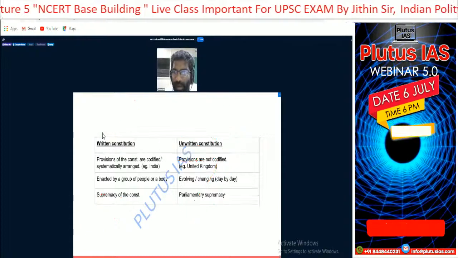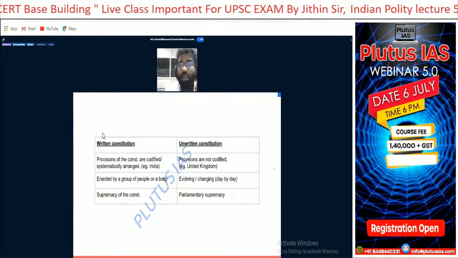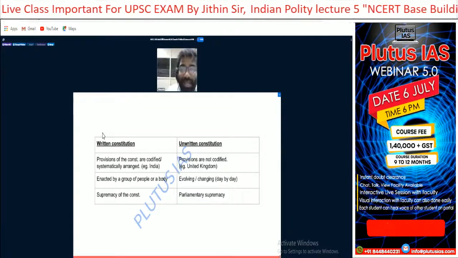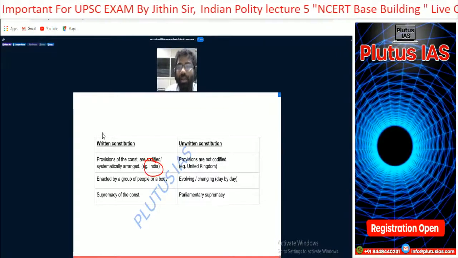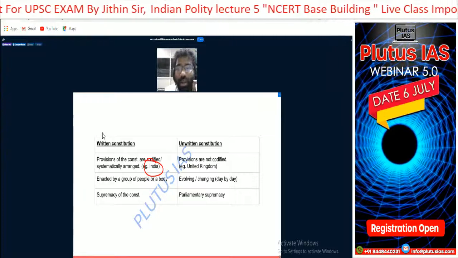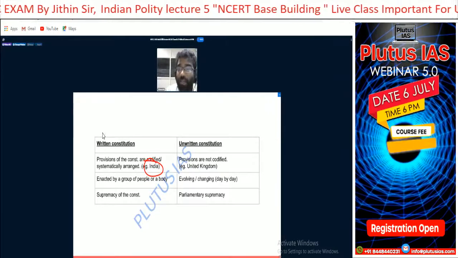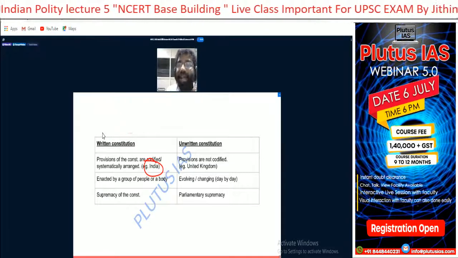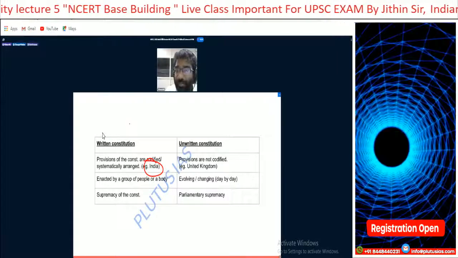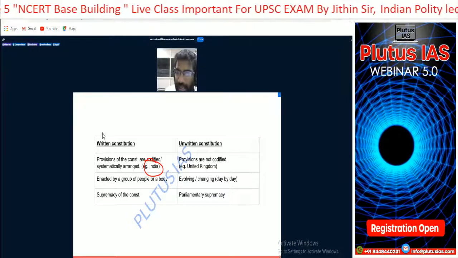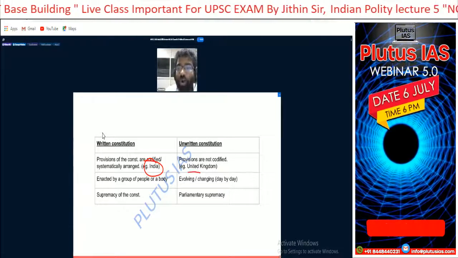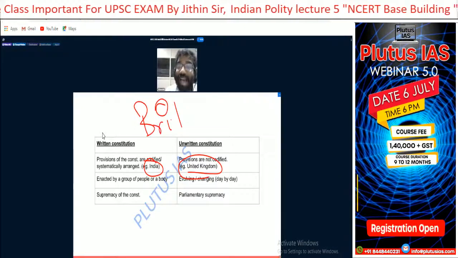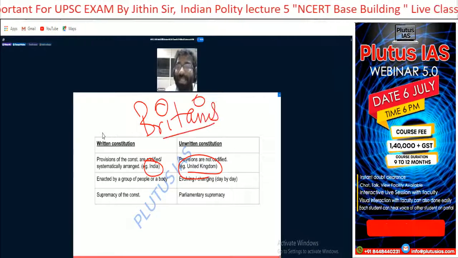Now, which country's constitution is a written constitution? India's constitution is a written constitution. That means in the Constitution of India, the provisions are arranged. Now, the United Kingdom's constitution, England's constitution, Britain's constitution, is an unwritten constitution,